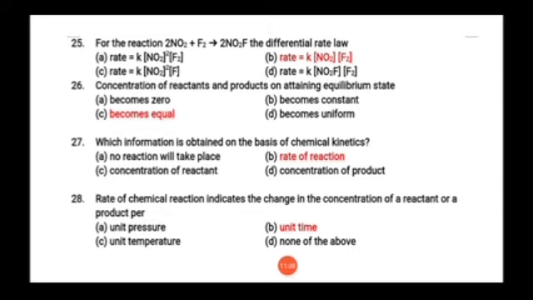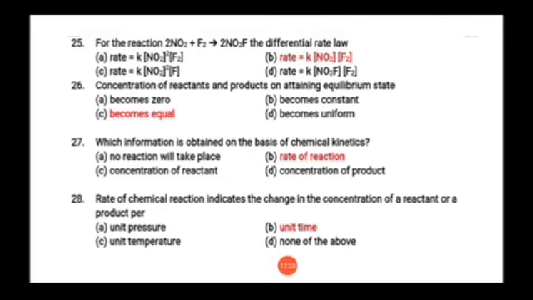So here, whenever you are to write differential rate law, always remember the moles you should not write on the power. So here correct option of this question is option number B, that is rate is equal to K concentration of NO2 into concentration of F2. Okay, so here stoichiometry, 2 moles of NO2, that is just to balance the chemical reaction. It has nothing to do with the power, because overall order of reaction of this reaction is 2, that is 1 plus 1.